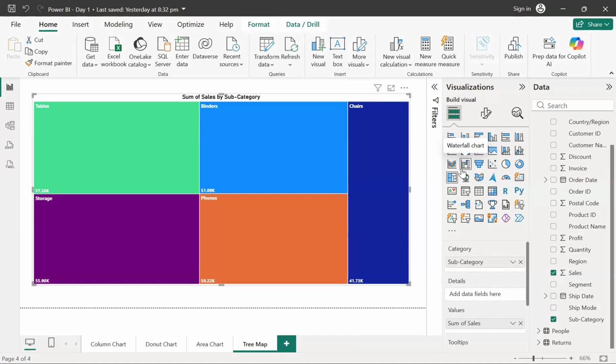Just like we have the option of a stacked column chart, we can even try to add more information within this tree map. I'm going to add that information as well. But before that, please let me know if everything is clear so far, or if there is any doubt. If you try to create this tree map and bring in this information and there is any doubt, please let me know.